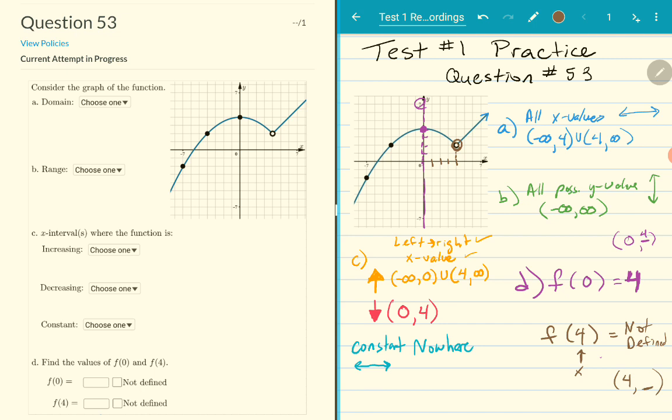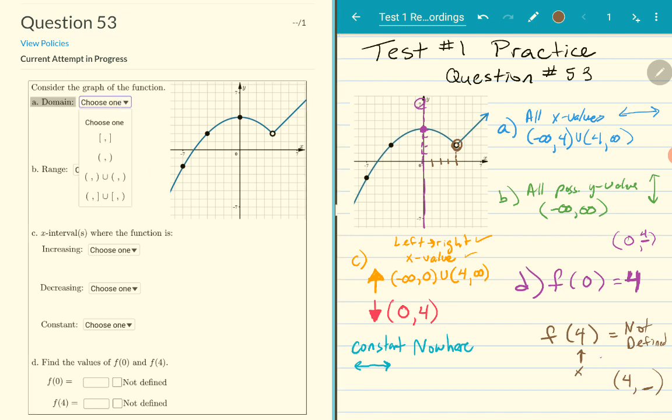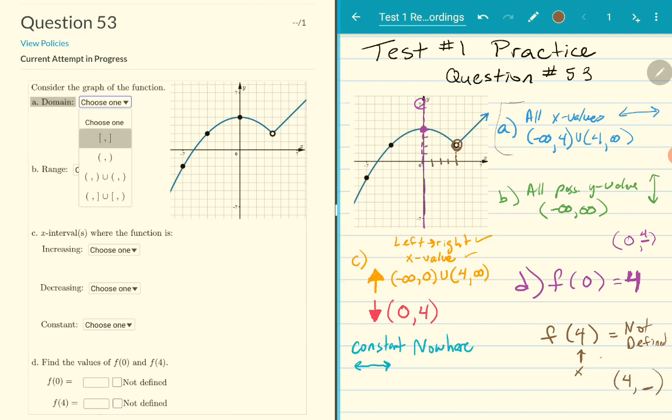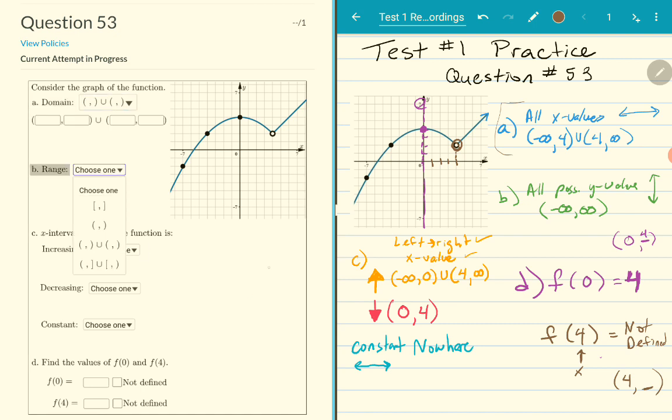So now to enter in all my answers. Everything's done on the right. This is what is on my show my work paper that I'm going to submit. But now I got to enter it in the computer. So to my domain, it had 2 intervals. I'm looking at my blue text over here. So that had 2 open intervals. And let's see. Okay, so I want to go from